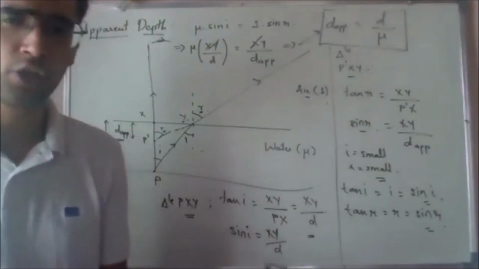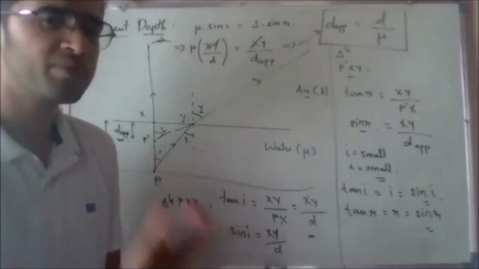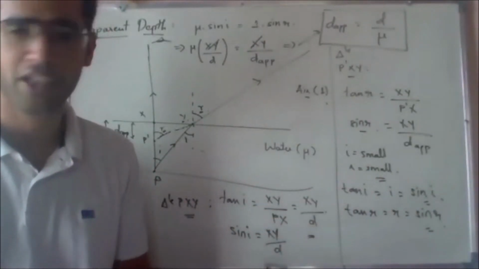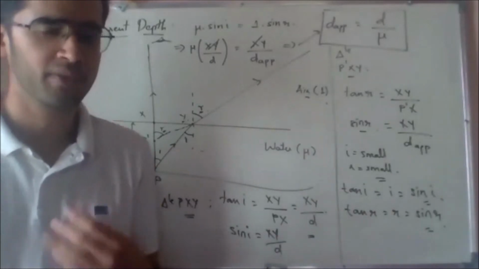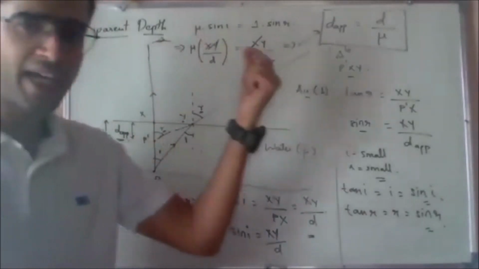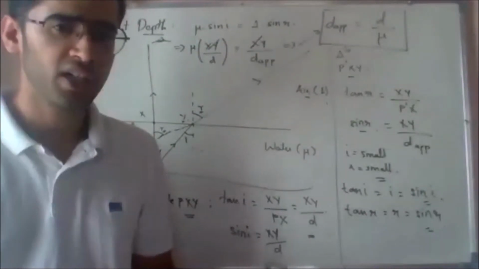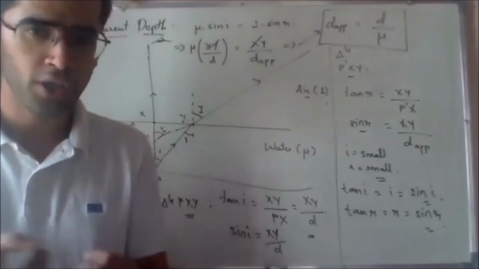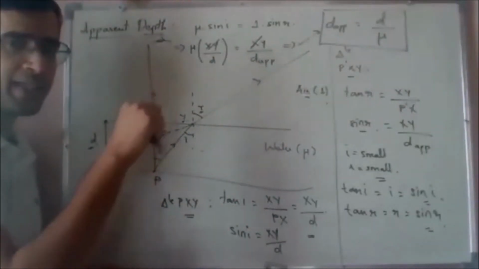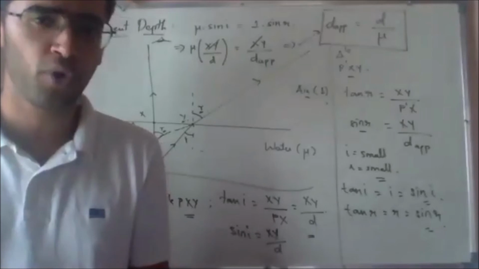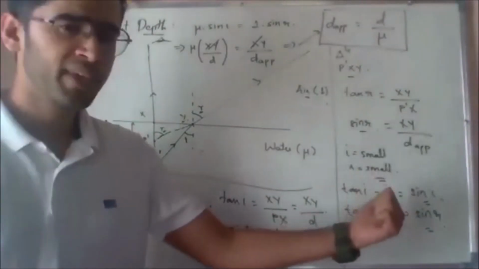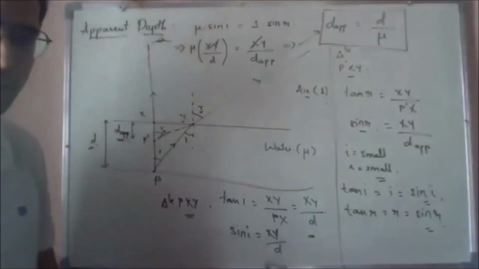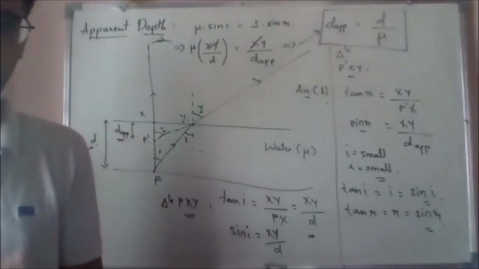And here your derivations of ray optics are important because you need to know what assumptions we are taking. The assumption I've taken here is that your angle of incidence is small and angle of refraction is small. And why did we take that assumption? Because for these rays to be incident on the eye of a person looking at it directly from above, angle i and angle r should be small, because these two rays should be close to each other. All the rays which are incident on this person's eye must make a small angle with the normal. So r is small, and if r is small, automatically i will also be small. Hence, taking that assumption, you have derived that formula, right? So hopefully you've understood this formula.